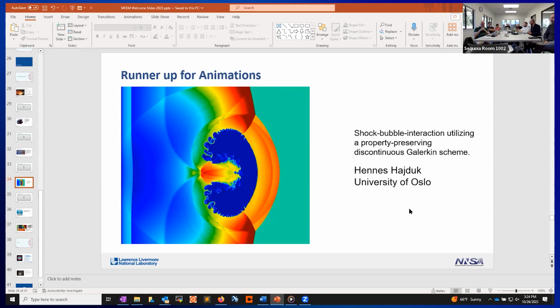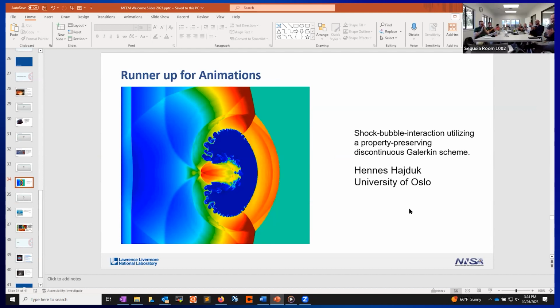It's fun. Bonus points for using GLVis. Yeah, always. The thing I love most about MFEM is GLVis, honestly. So yeah. Forget the rest of the stuff. Wow. Okay, thanks, guys. Let's give Hannes another round of applause.